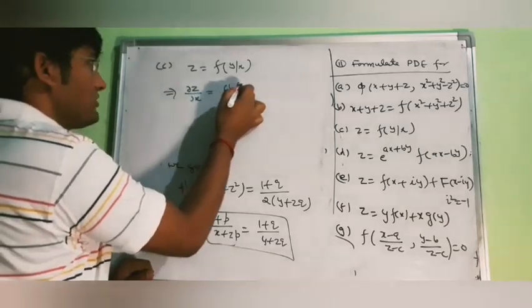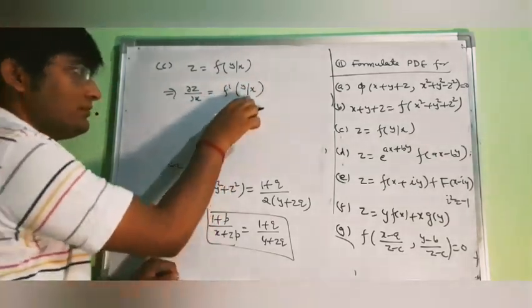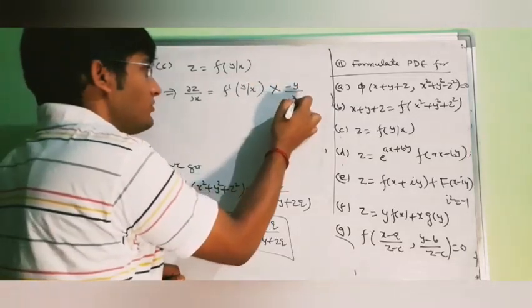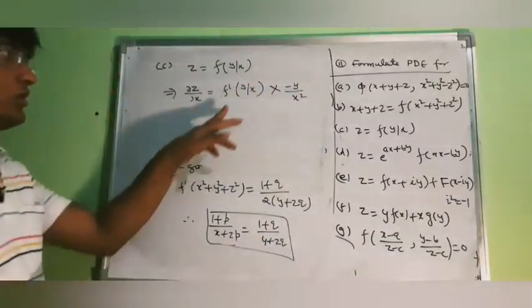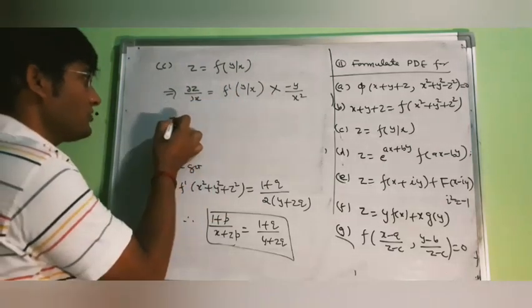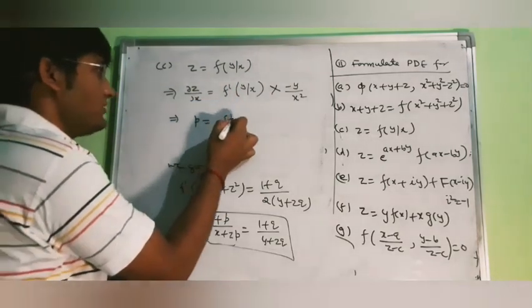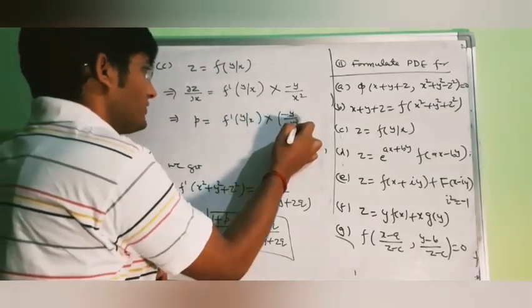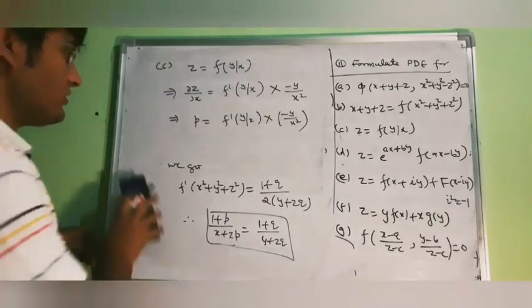the partial differentiation of the function will be your f dash, and then partial differentiation of this bracket with respect to x will be minus y upon x square, because y will be constant and the partial differentiation of 1 upon x is minus 1 upon x square. So your p equal to f dash y upon x into minus y upon x square. Similarly, differentiating y,